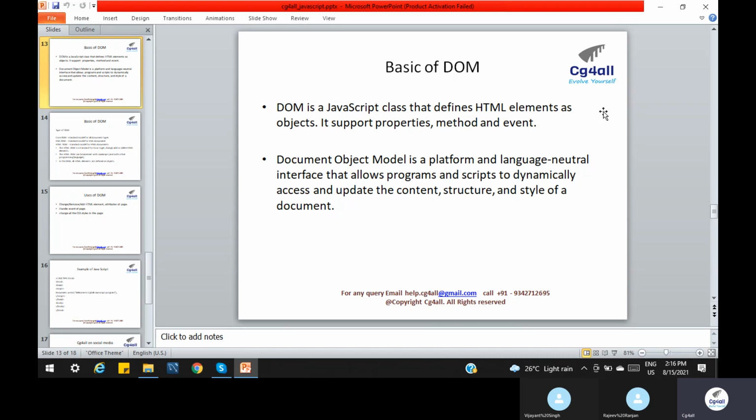Basically, by the DOM we can modify any element with all the CRUD operations. We have HTML elements or CSS elements, and we can manage the functionality of the CSS or HTML through the DOM.